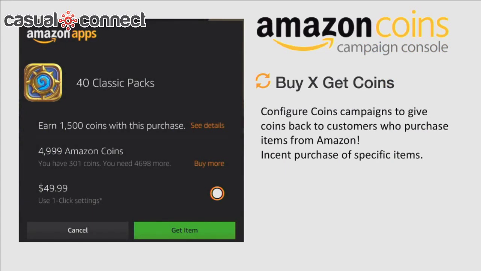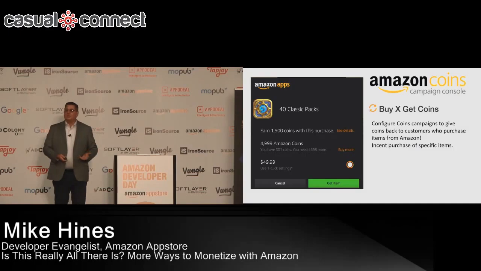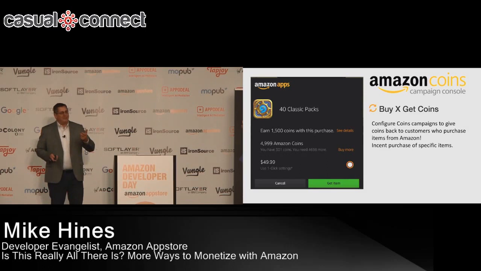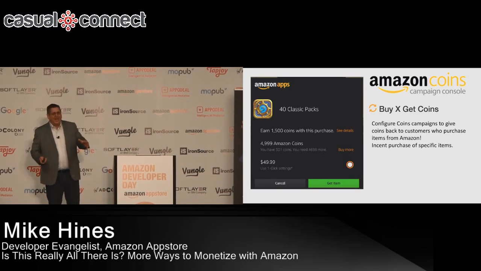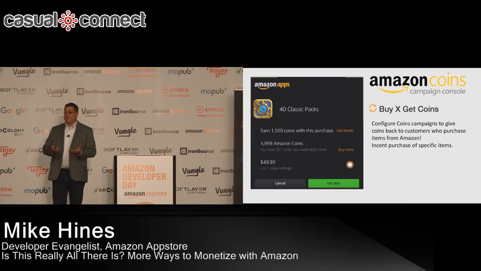They saw the ability to make a purchase and then get coins back from that purchase, lowering their effective cost. So what can you do? How can you make this work for you? If you have this incredible Vorpal sword in your dungeon crawler game, and maybe you want to sell this thing for 50 bucks,